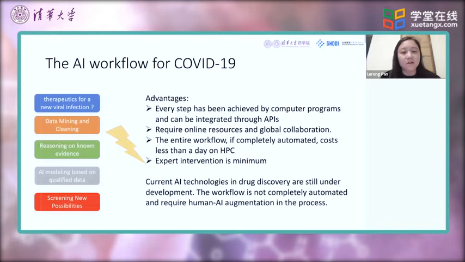Let me talk about some advantages. First, each step in this workflow has been achieved by a computer program, and they can be integrated through API if they haven't been integrated yet. Even if individual tasks are done separately on a web base or a separate computer program, as long as a computer program does the job, it can always be integrated together.